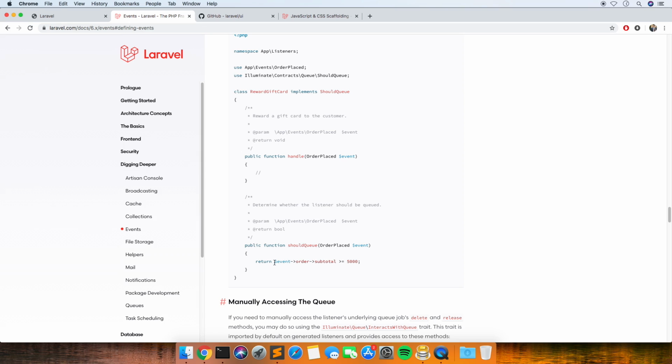So the way that we would want to access our user is by doing event user instead of event order, because we've just swapped out everything where they've put order and changed it to user.